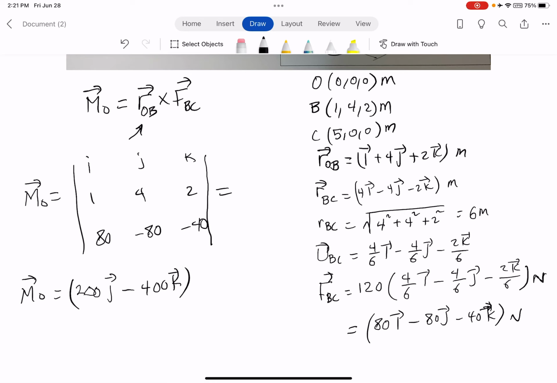You could just do the cross multiplication, and you will find the answer like this: 200J, the I has 0, minus 400K. So this is it for